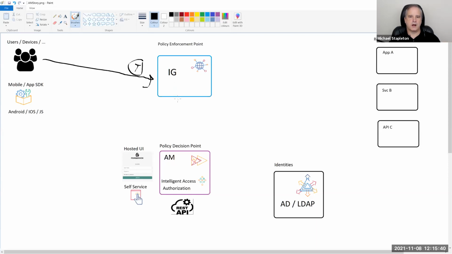So now that IG knows who they are, it can send a request to AM saying, hey, are they allowed? It's asking for a policy decision. AM, based on the configuration of things called policies, can then return and say, yeah, this user is allowed to do these things to that resource. Again, totally customizable, scriptable if you need it dynamic, but it's going to come back with, yeah, this is what they're allowed to do. And then the policy enforcement part of IG can go, oh yeah, well, access manager, the decision point says you're not allowed. And that you could have it redirect somewhere, another site, whatever you need to do,